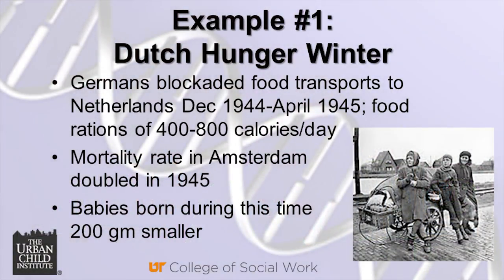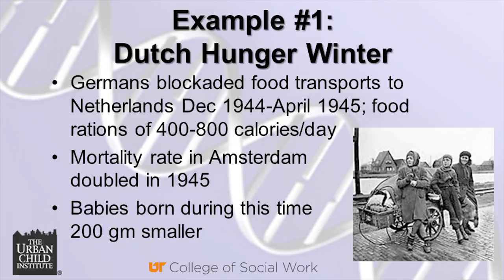Let's look at some important examples. The first example is called the Dutch Hunger Winter. In 1944, going into 1945, the Nazis blockaded the Netherlands and prevented food entering the country as punishment for some of the resistors who were struggling against the Nazis. Calories were cut hugely to about 800 calories per person. And pregnant women need way more calories than that. So there was basically